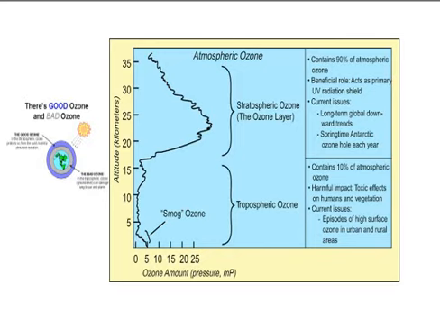Now here you see atmospheric ozone, the tropospheric layer and the stratospheric layer. The stratospheric layer, the ozone layer, contains 90% of atmospheric ozone. A beneficial role of this ozone is that it acts as a primary ultraviolet radiation shield for living organisms, plants and animals. Current issues: long-term global